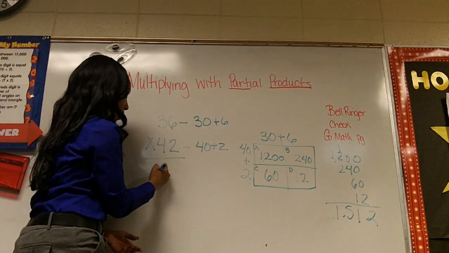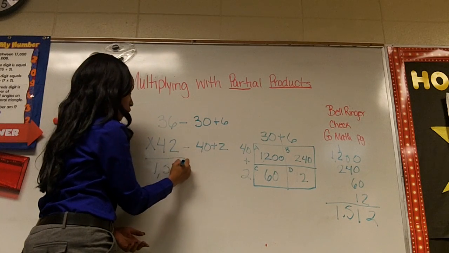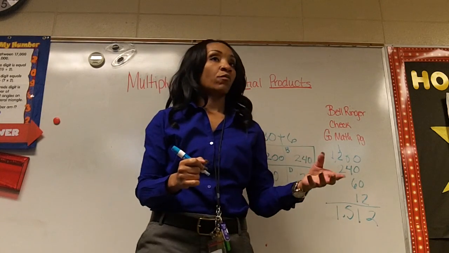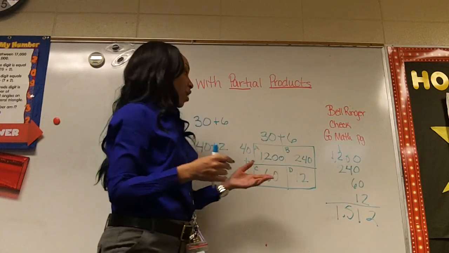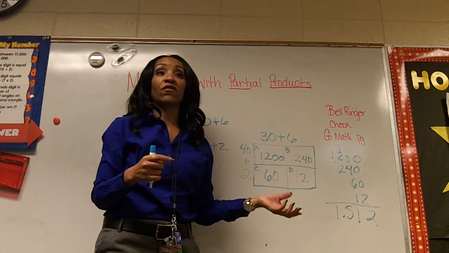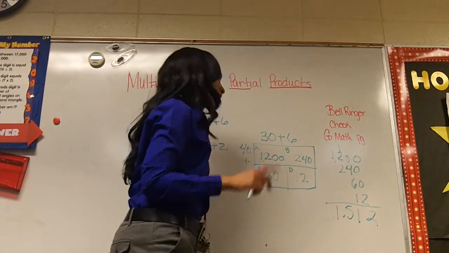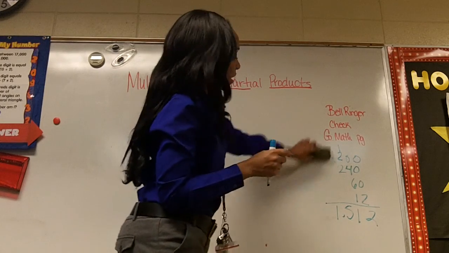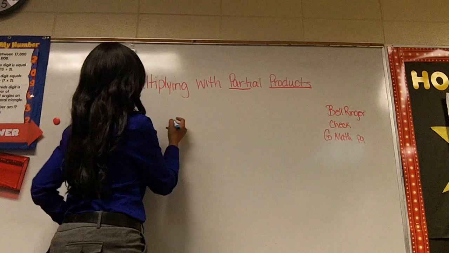So the answer to my problem, 36 times 42, is 1,512. When we break our multiplication problems apart by place value and use partial products, it makes it a little easier for us to come up with the total product in the end. Let's try this one more time. This time, let's say that we had